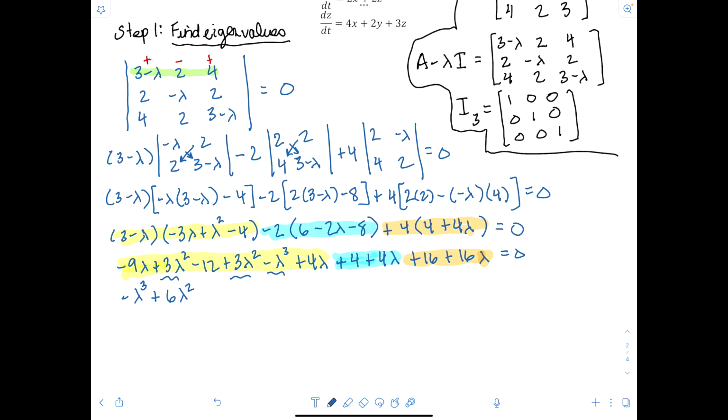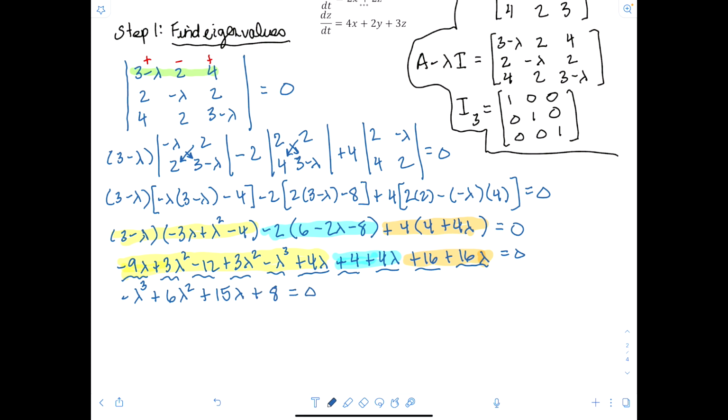And then, let's see, we have negative 9 lambda, negative 5 lambda, negative 1 lambda, and positive 15 lambda. And then negative 12 plus 4 is negative 8, plus 16 is positive 8, and all of that is equal